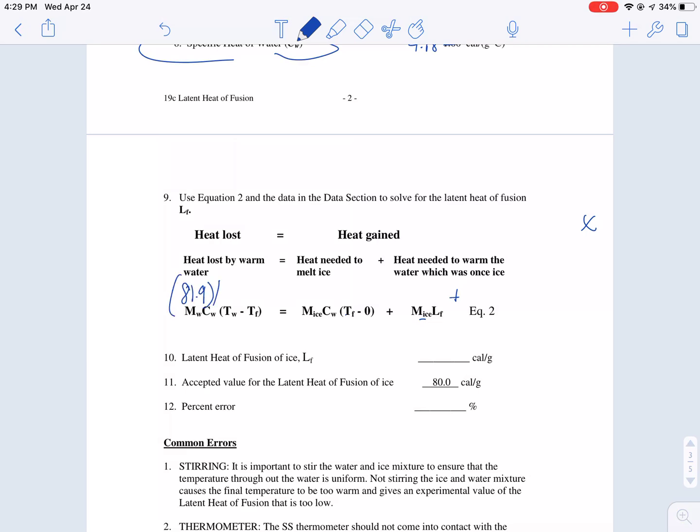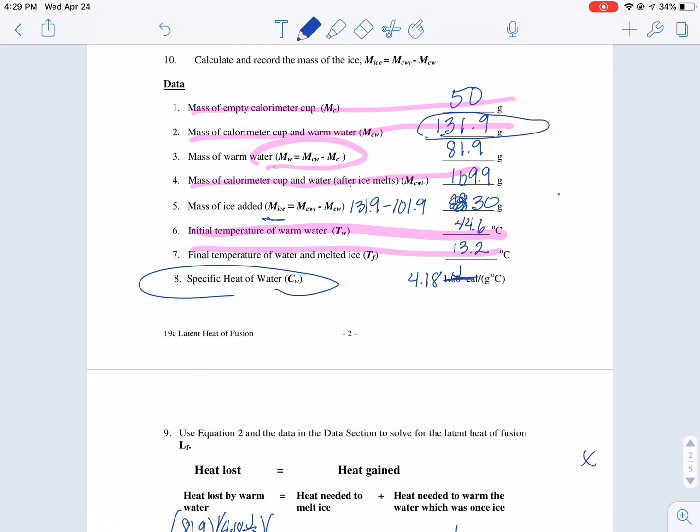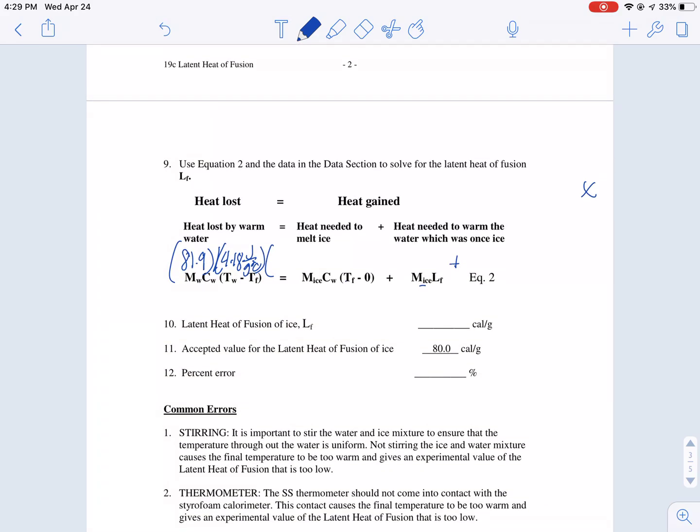What's the specific heat of water? Hopefully you've got it kind of memorized now, 4.18 joules over grams degrees Celsius. And my temperature change was from 44.6 to 13.2, which would be 31.4. So that's the heat that my warm water lost. So if I do that math, 81.9 times 4.18 times 31.4 gives me